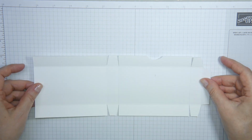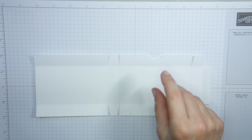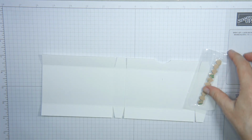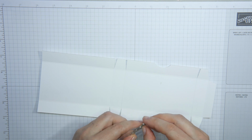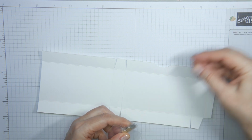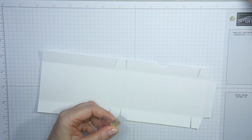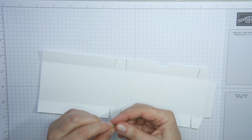almost finished. I'm going to put a magnet on before I stick the box together. It makes life that much easier, believe me. I have these self-adhesive magnets. That's one, and that's the other one, which is going to go on the outside later on. Okay, so I'll put it on